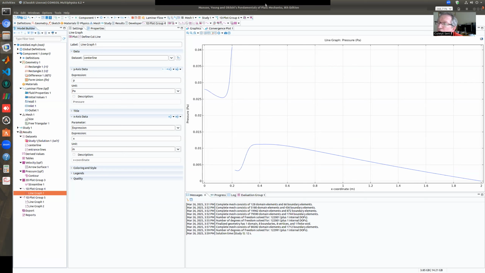2 saatlik bir tutorial yapalım demiştik. 2 saatimiz neredeyse doldu. Ufak bir şey daha yapalım. Deneyebileceğimiz bir sürü şey var tabii bu noktada. We can change the shape of the obstacle, make it a circle, make it an airfoil, put lots of obstacles one after the other, another one, a third one, a fourth one. I mean, we can do whatever we want.